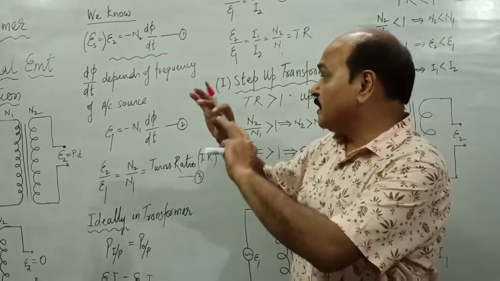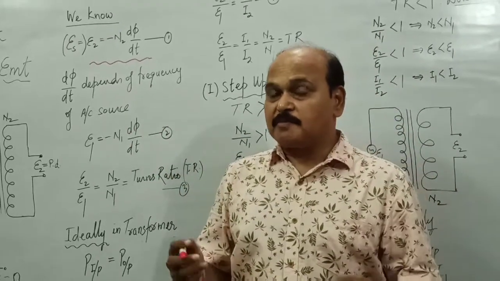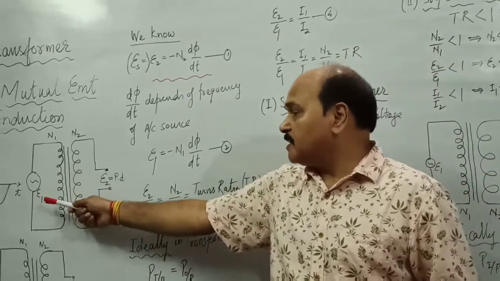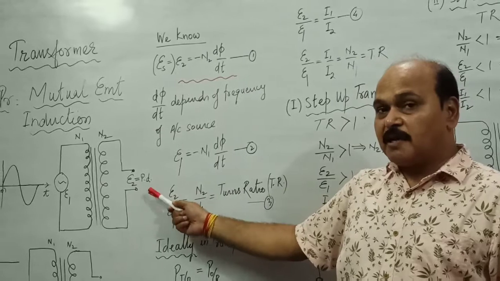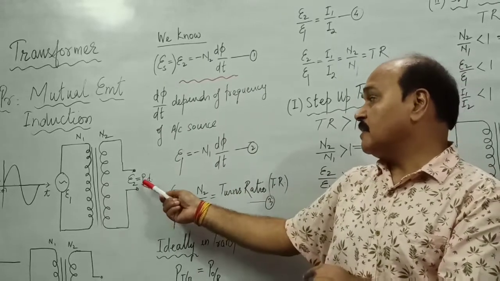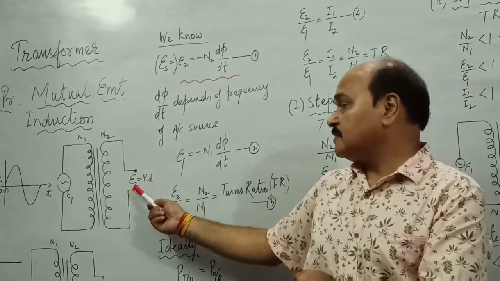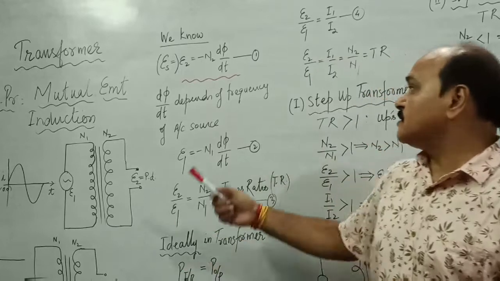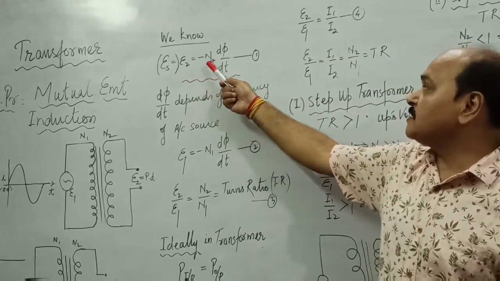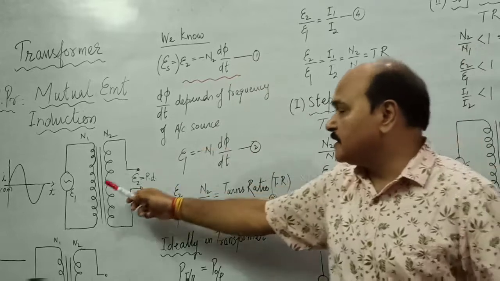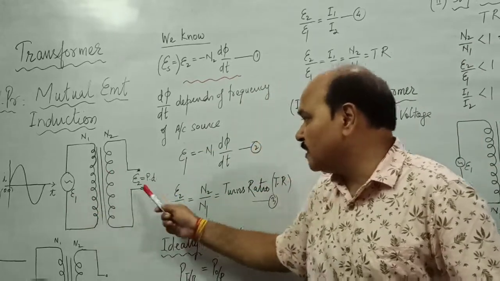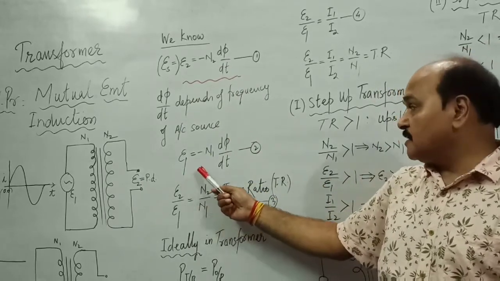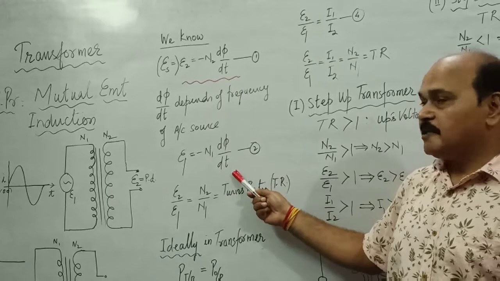And mutual electromagnetic induction, as obvious from the name itself, is a mutual phenomenon. That means if we connect an alternating source across the primary, induced EMF is produced across the secondary coil, and if we connect the same source across the secondary coil, in that case induced EMF will be produced across the primary coil. So E2 is the induced EMF across the secondary coil, and that is minus N2 times d phi by dt. And if we change this alternating source from here to here, then what happens? The induced EMF produced across the primary coil is going to be minus N1 times d phi by dt.